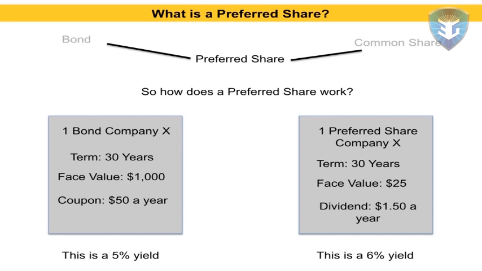Now, a lot of preferred shares don't have a term of 30 years or 10 years. They're perpetual in term. So this scenario is kind of a unique one. You're not going to see that real common. It's much more common to see a perpetual preferred share, meaning that they'll issue it and it's out there until they decide to terminate the preferred share by buying it back. But you can find preferred shares with term limits on them.